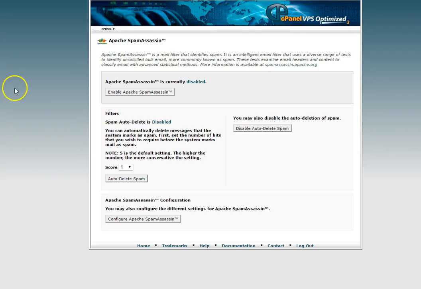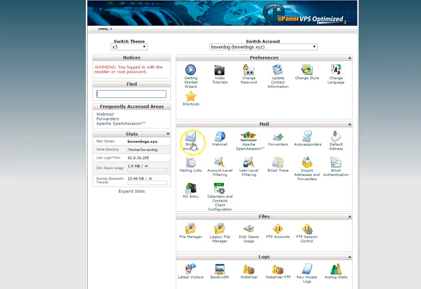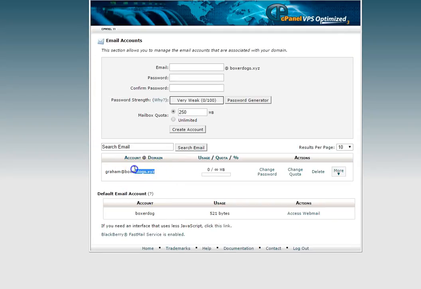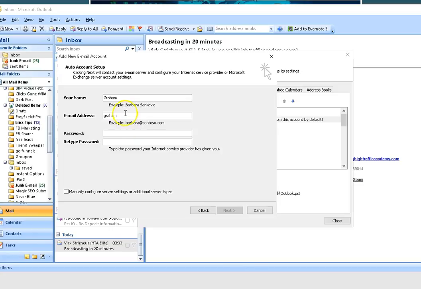Let me go back to the mail and just check. Can't remember what I've done. Yeah, graham@boxerdogs. In fact, I'll copy that. And then if we go back here, that's the email address. You can't right click and paste into Outlook when you're setting up, but you can use Control V and that will paste things. And then you enter your password,